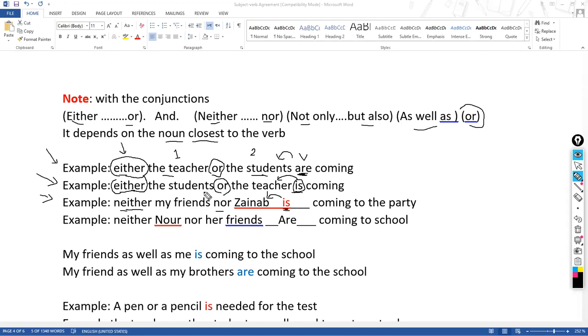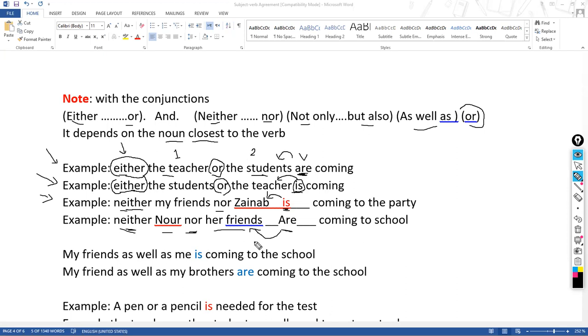So I have the same, but I reversed the places of the subjects. Notice that neither Noor nor her friends, this is neither nor, okay. The closest is plural, so plural verb. Okay. أوكي